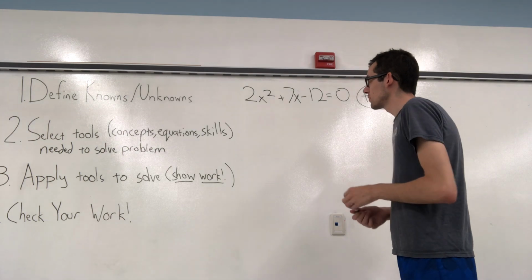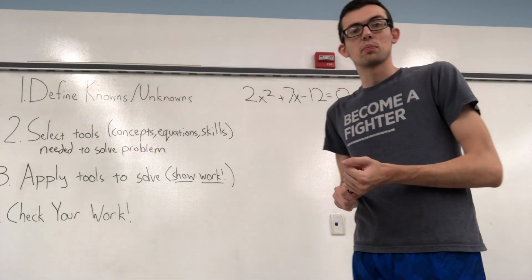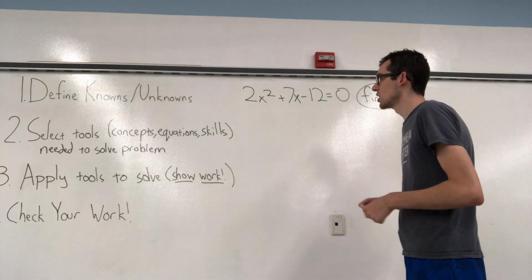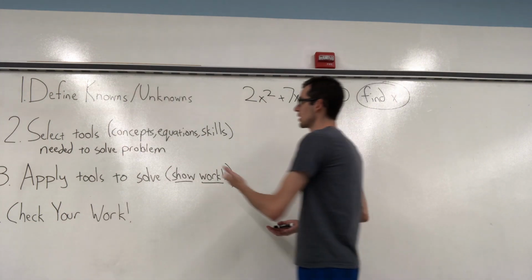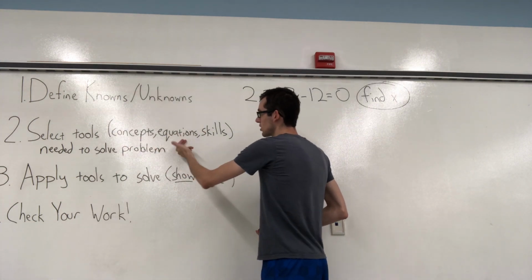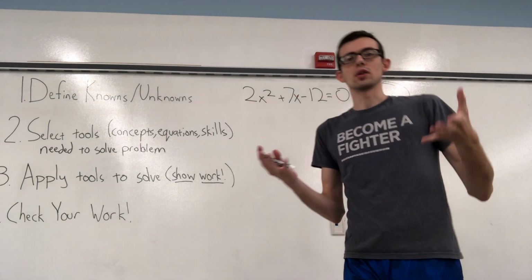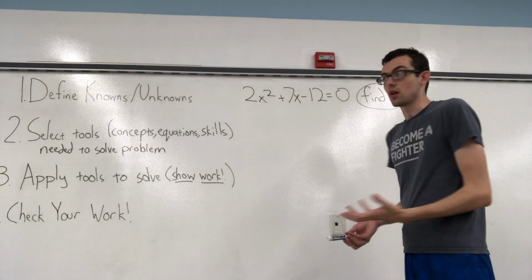And one of the things we want to do in physics, and in any problem solving probably, is to pick a nice efficient way to do it. So it's not just any equation or equations. We want to find the best, most efficient way. So from your Algebra 2 skills and concepts and equations, what we would want to pull out from this is, okay, we have this thing called the quadratic equation. And we can use that to solve a quadratic,